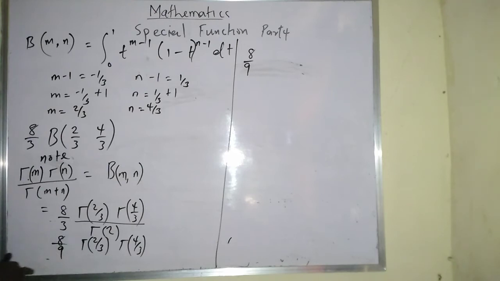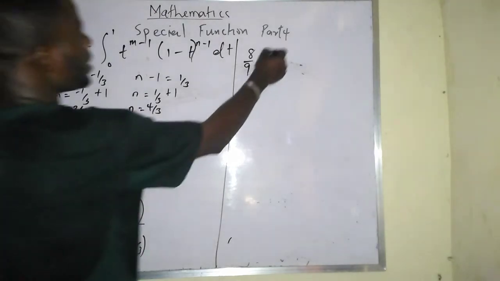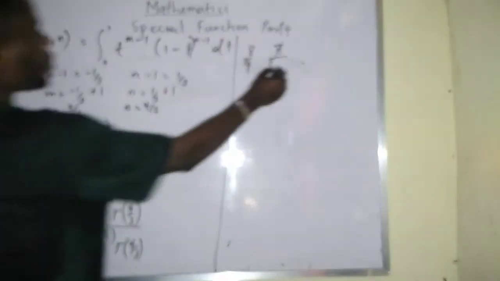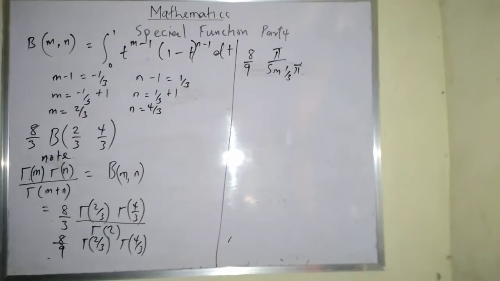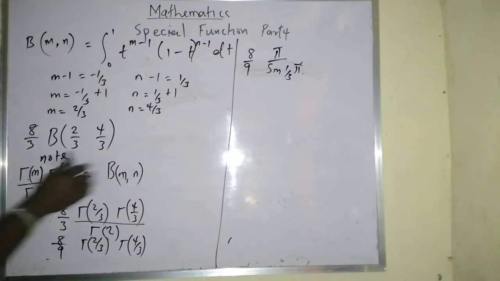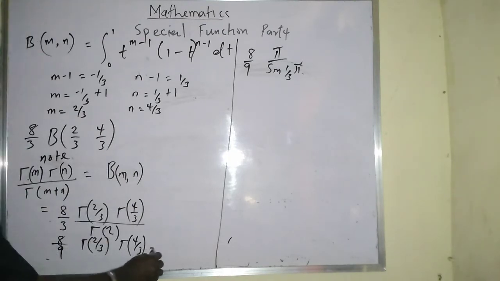This is equal to this, which my gamma of this is all divided by sine 1 all over 3 of this. Yes. Now, before we get there, you should know that this will be equal to 8